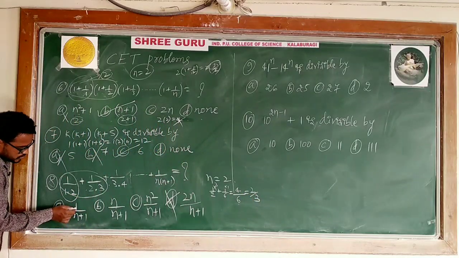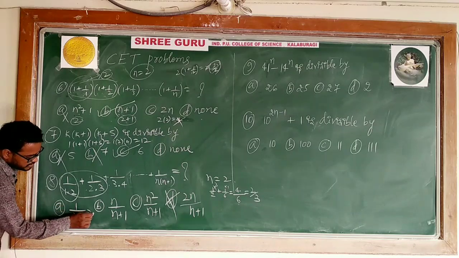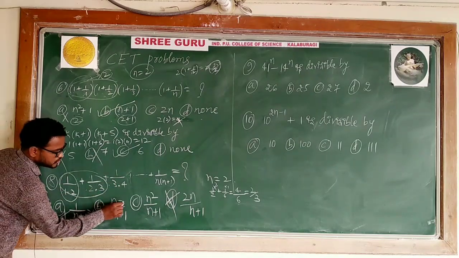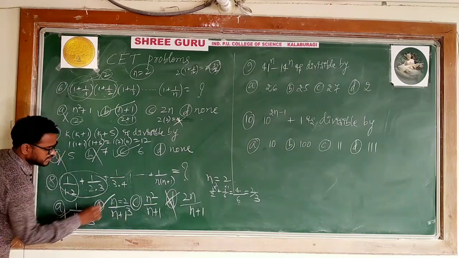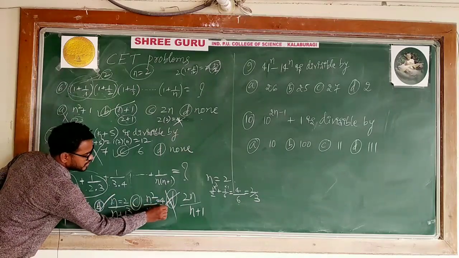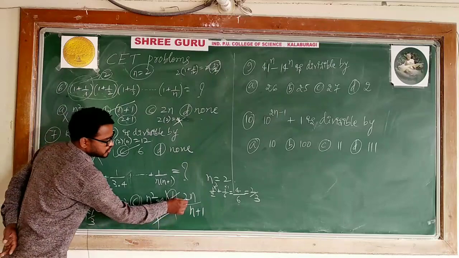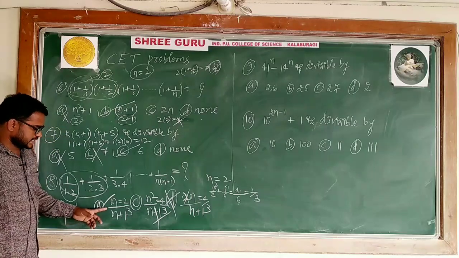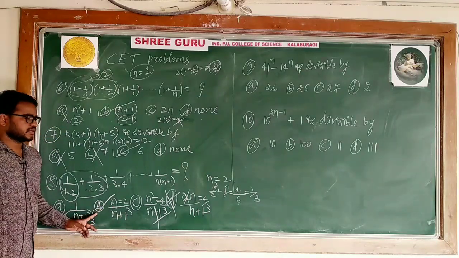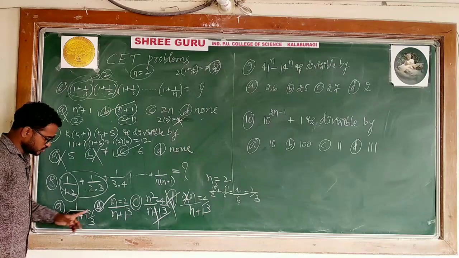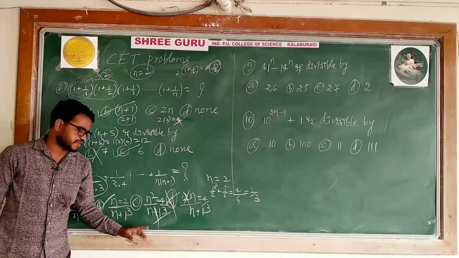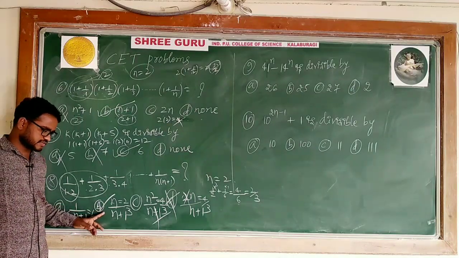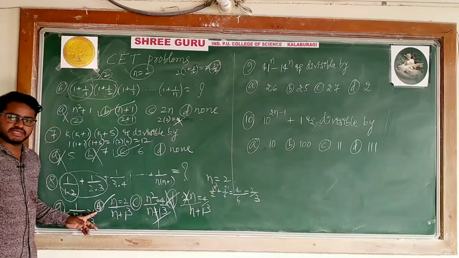n is equal to 2 gives here 1 by 3. 1 by 3 is not the answer because I need to get 2 by 3. Here I will get 2 by 3. Yes, this I am getting. n is equal to 2 gives 4 divided by 3, and 4 by 3 is not the answer, so this goes already. I can say that n divided by n plus 1 is the correct option. For n is equal to 1, options 1, 2, 3 are satisfying, the third one is not satisfying. In the case of n is equal to 2, this is satisfying and this is not. So you can say B is the answer.